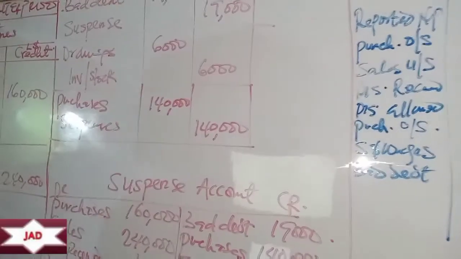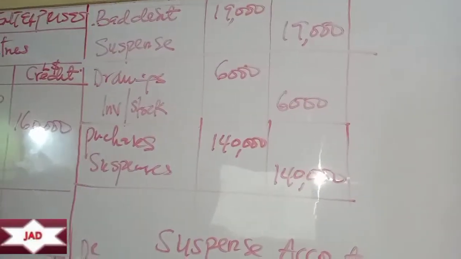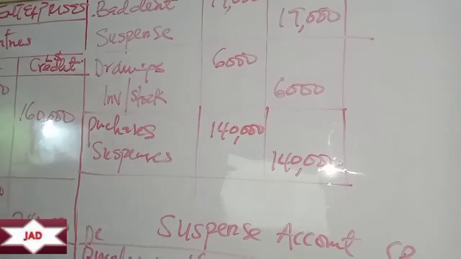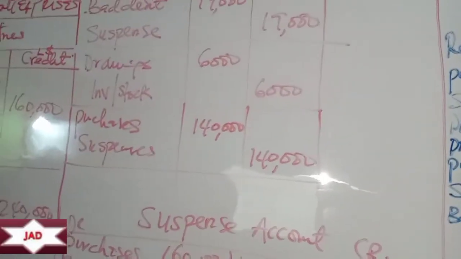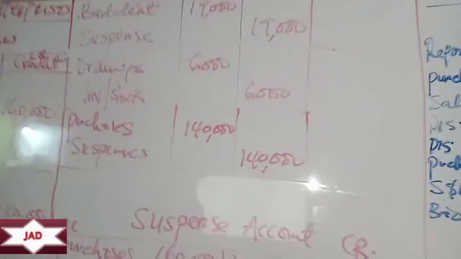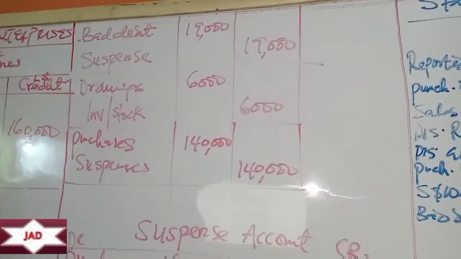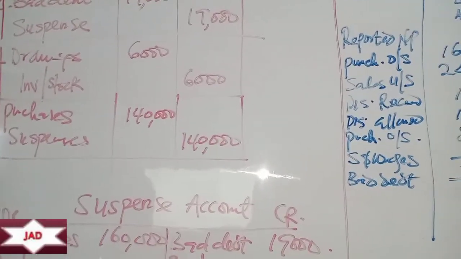What's the next one there? I can see purchases, right? Purchases of 140,000. What happened? They said the purchase of inventory had not been posted to the ledger. That means you made a purchase of how much? 140,000, and you did not post it to the purchases account. So what happened? You had actually